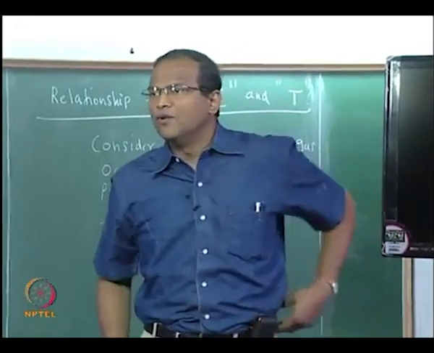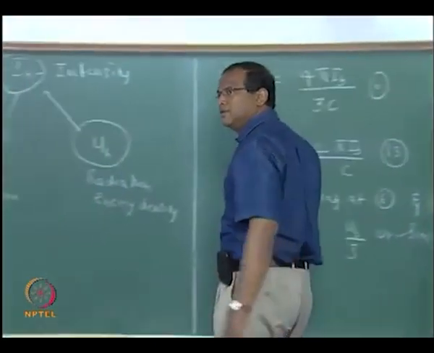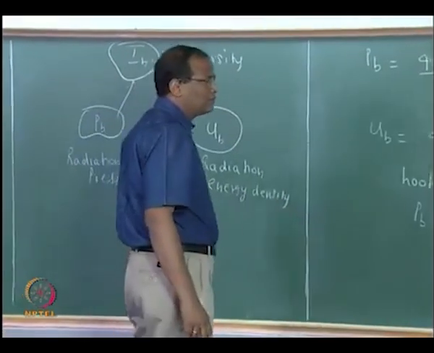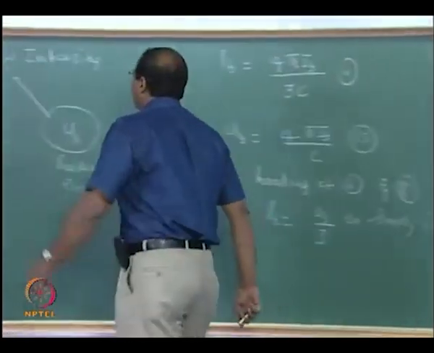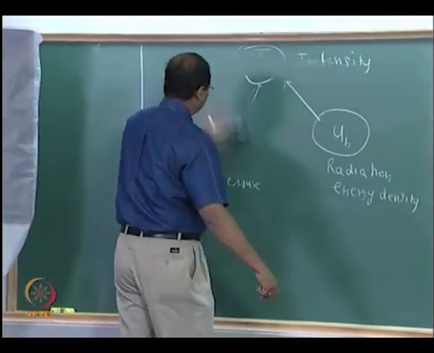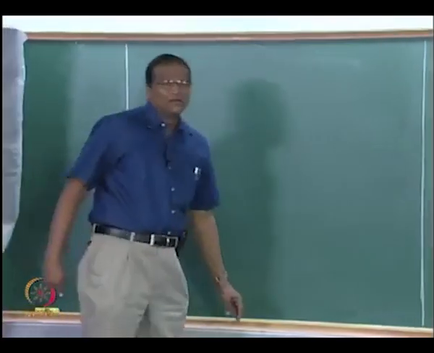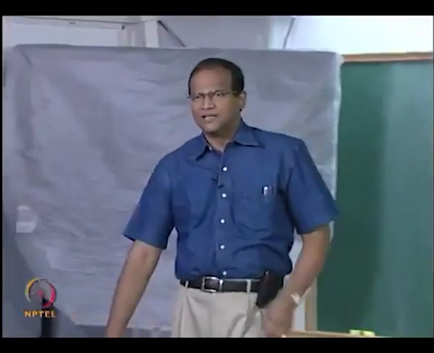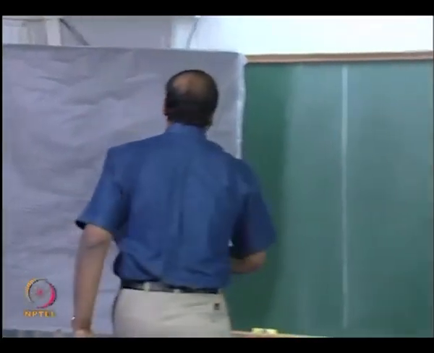Energy per volume into volume will give you joules or kilojoules or whatever. Now if radiation is a gas, all your Maxwell's relations, all your TdS relations have to be valid. Therefore TdS